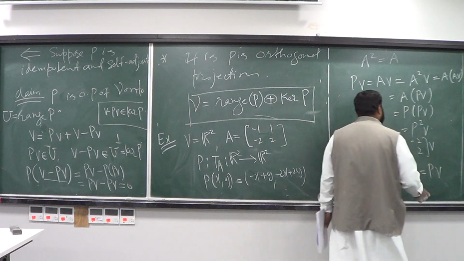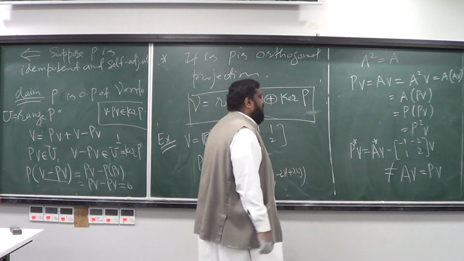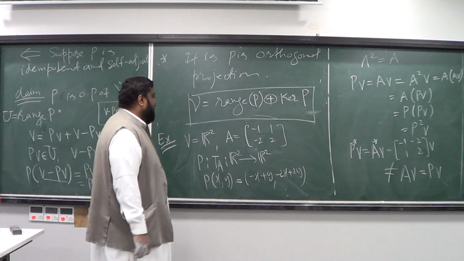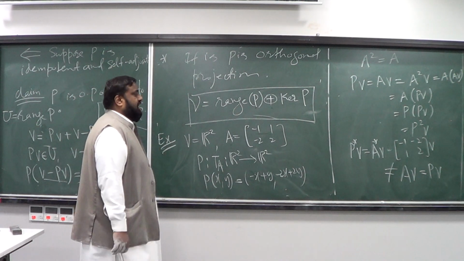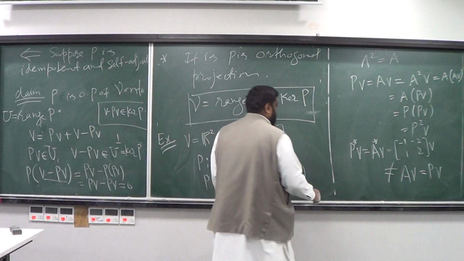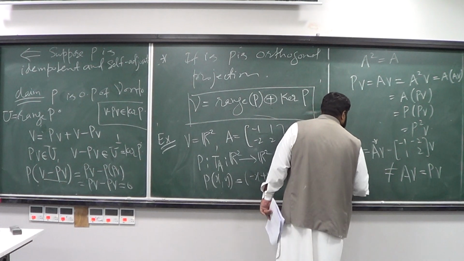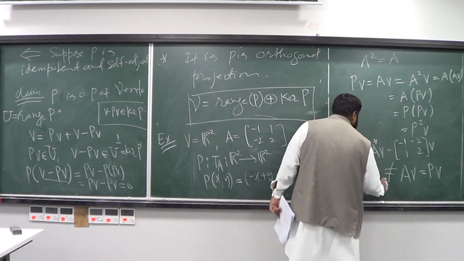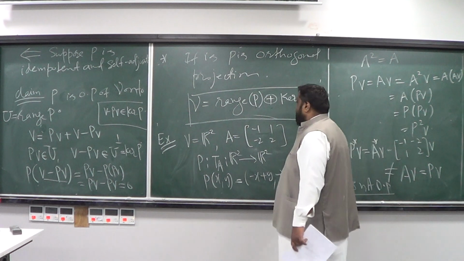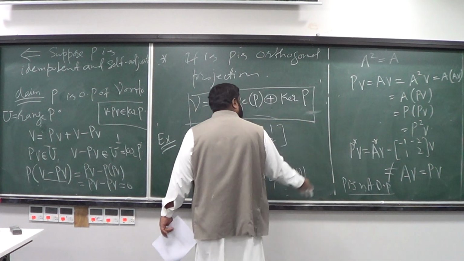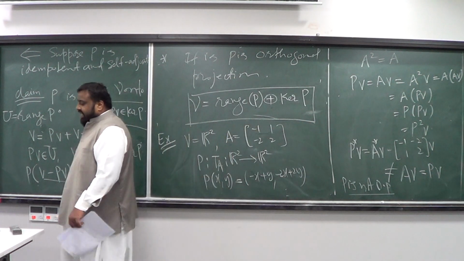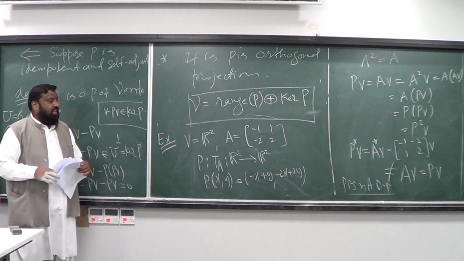So this means that P is not an orthogonal projection actually. P is not an orthogonal projection. Why? Because it is idempotent indeed, but it's not self-adjoint actually. So hence you're going to say that it's